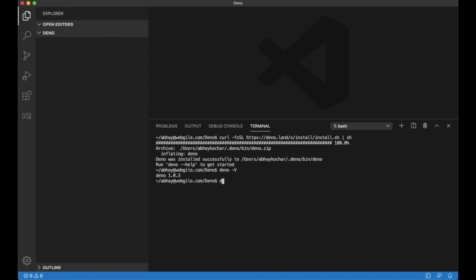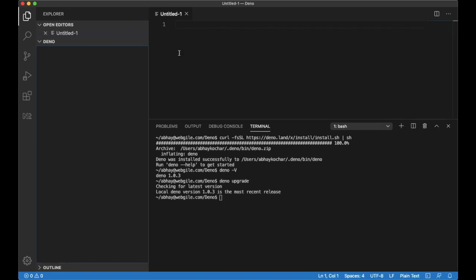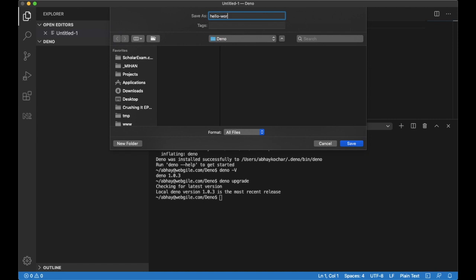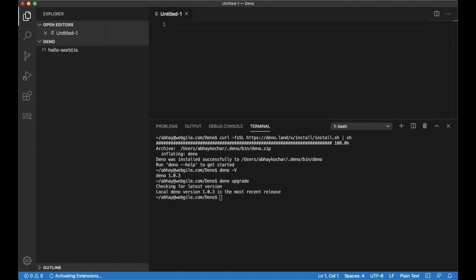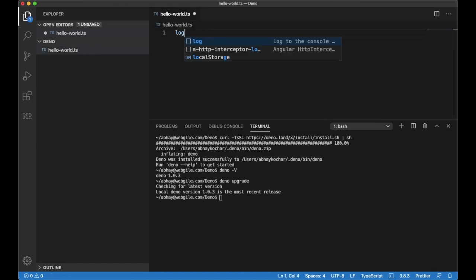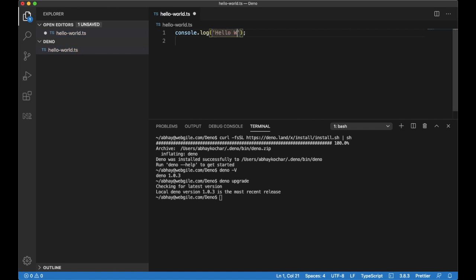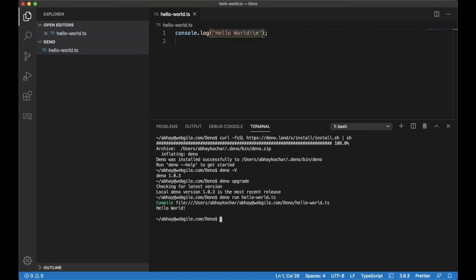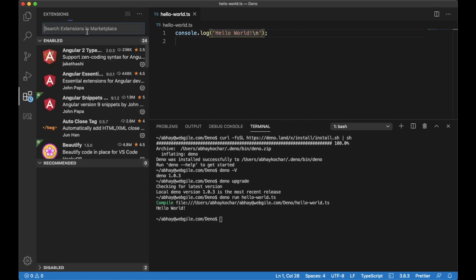If you have Deno already installed, you can upgrade it using the deno upgrade command like this. Now let's install the Deno extension for VS Code.